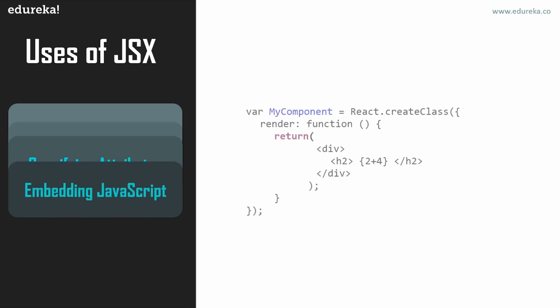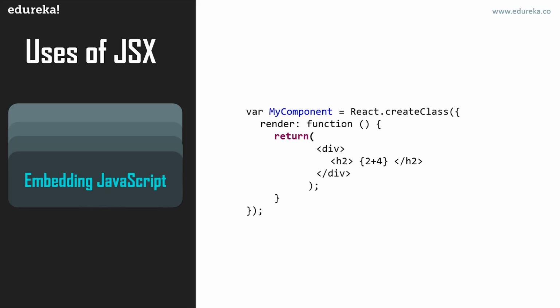So let's move forward. You can embed JavaScript. As I mentioned, if you have to calculate an expression, JSX is an expression too, because after the compilation of the code, JSX expressions become regular JavaScript function calls and they evaluate to JavaScript objects. Which means that you can use JSX inside of if statements, for loops or while loops, and you can assign it to variables, accept it as arguments and return it from functions. So in the return statement, if you want to write any JavaScript expression, you have to embed it in curly braces, then only it will be calculated, else it will be treated as static text.